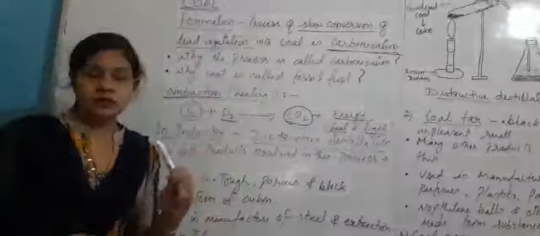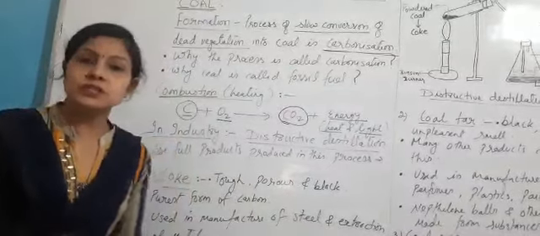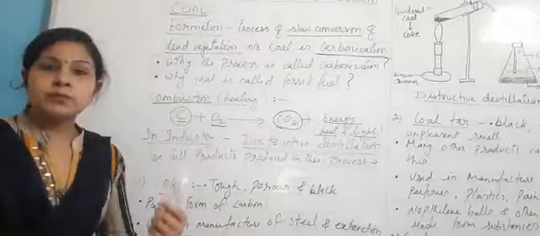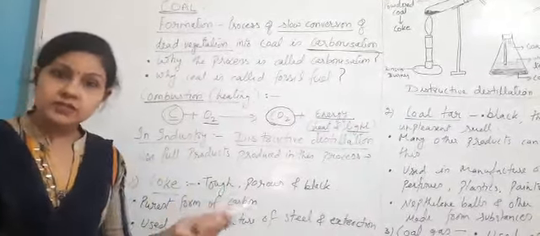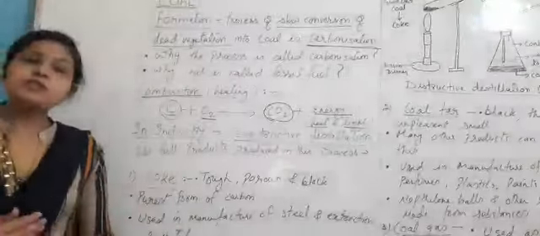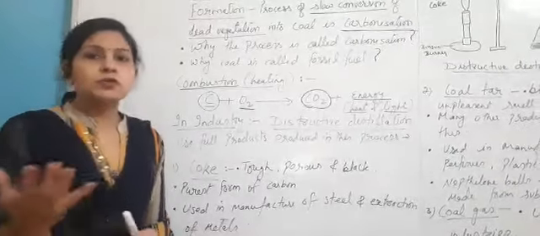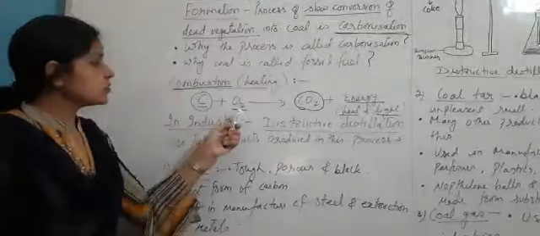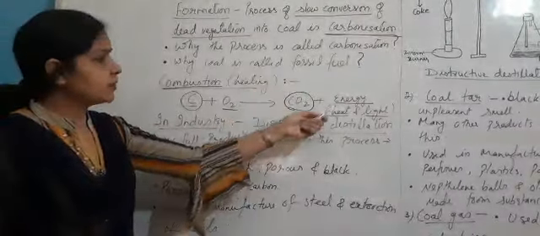This process of combustion is used in thermal power plants, where the coal is burnt to produce heat and light, heat to boil the water to produce steam, that I told you yesterday. After that, we also use coal in chulhas and in steam engines to produce energy. So the coal, when burnt in presence of oxygen, produces carbon dioxide, which is a gas that escapes, and produces energy.